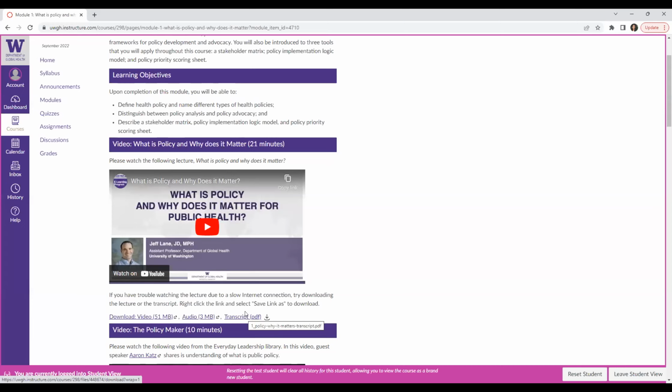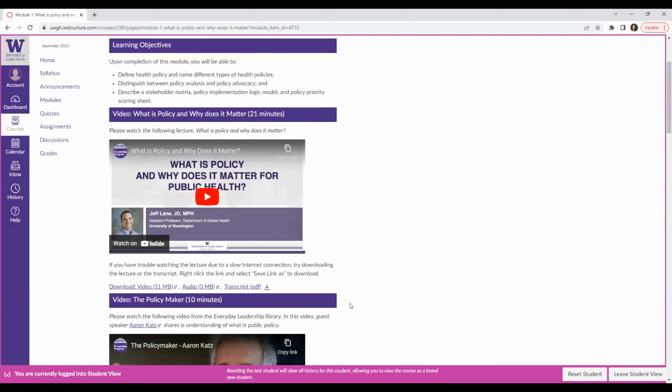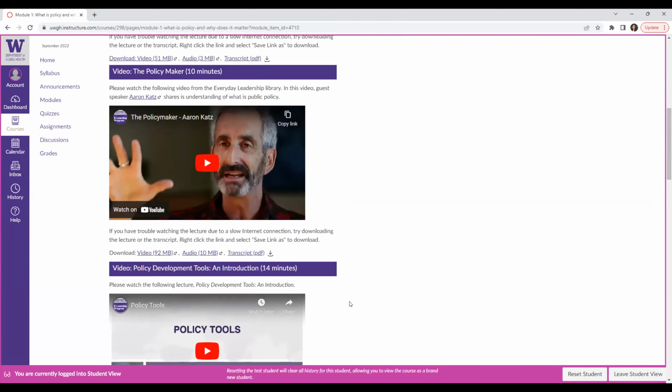So if you know that you're going to be stationed in a resource limited setting, you can use some of these downloadable features so that you can still access the course materials, even if you don't have internet access. Again, the modules open a week early, so if you know that you will be away from internet access coming up for work, you can download the course materials and work ahead.